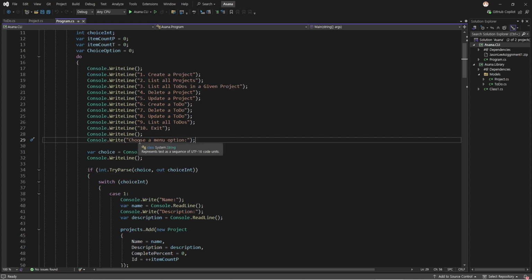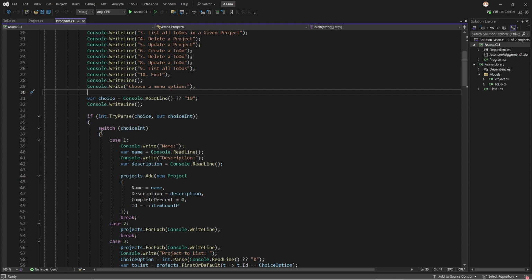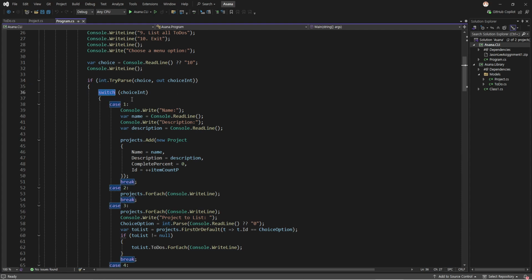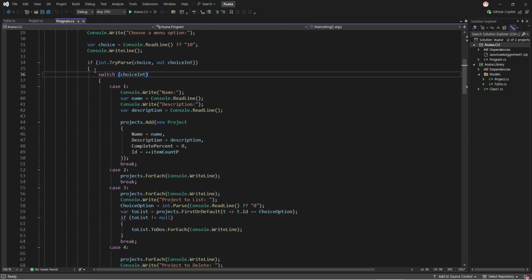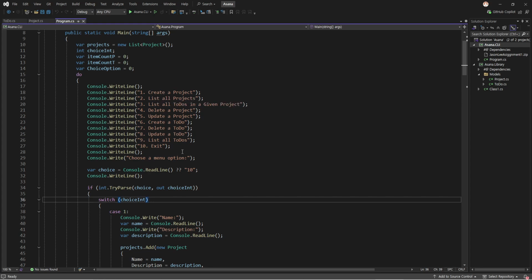So it requests the user input, and it reads the input and sends it to the variable choice. And using this TryParse, it changes choice, which has the string type, to the choice int, which has the int type. And here is the switch. So it uses this choice int. So case 1 is create a project,